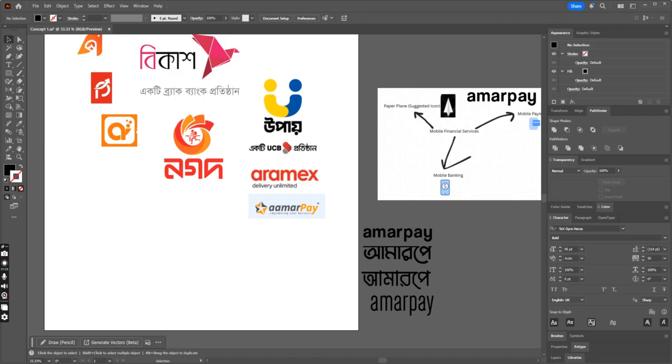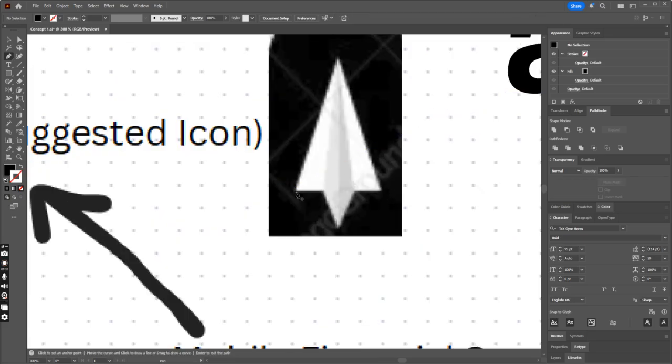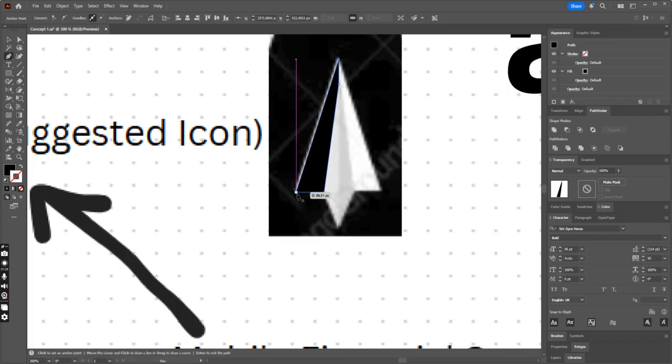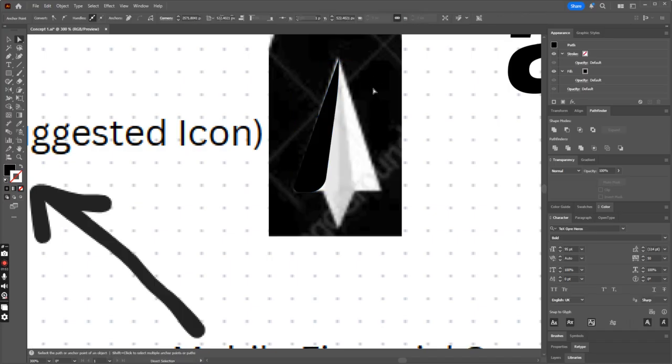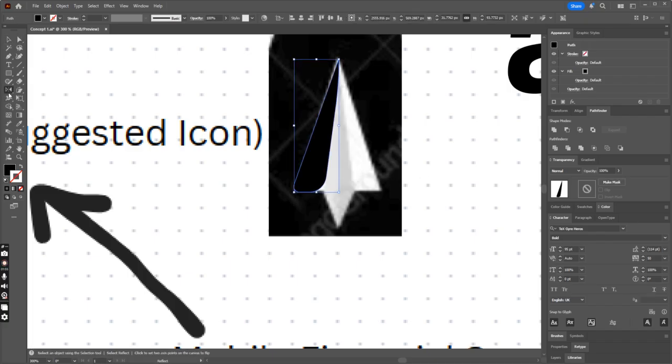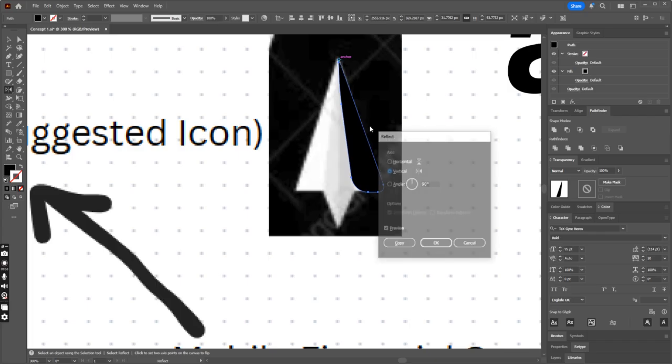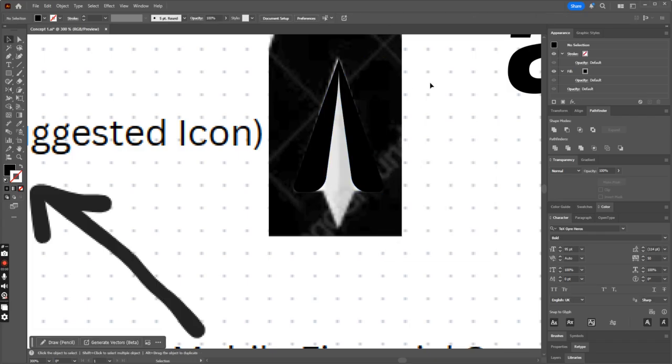So first of all, we have to get the paper plane, as it has the A letter in it. If you see it very clearly, you can see the A letter in the icon. I'm just making a copy of it. We will definitely update it, so it won't be the same as it is now, so don't worry. So we will just make a copy of it by reflecting with the alt click,